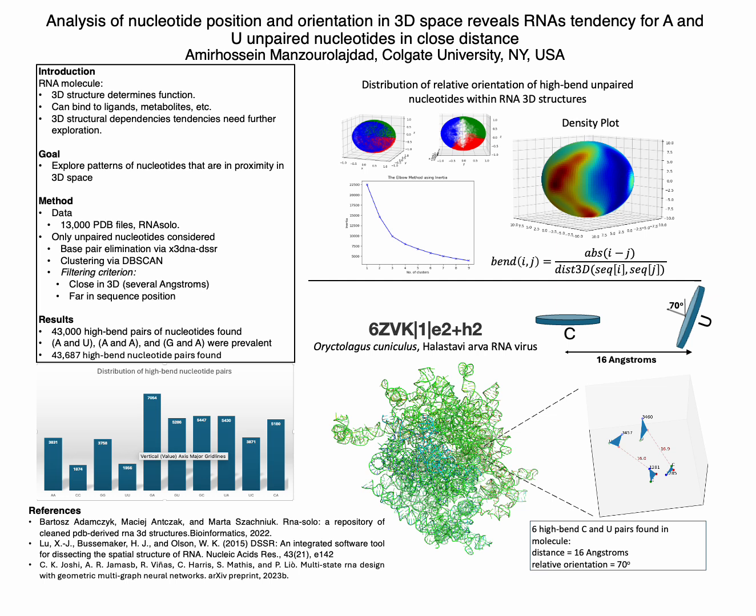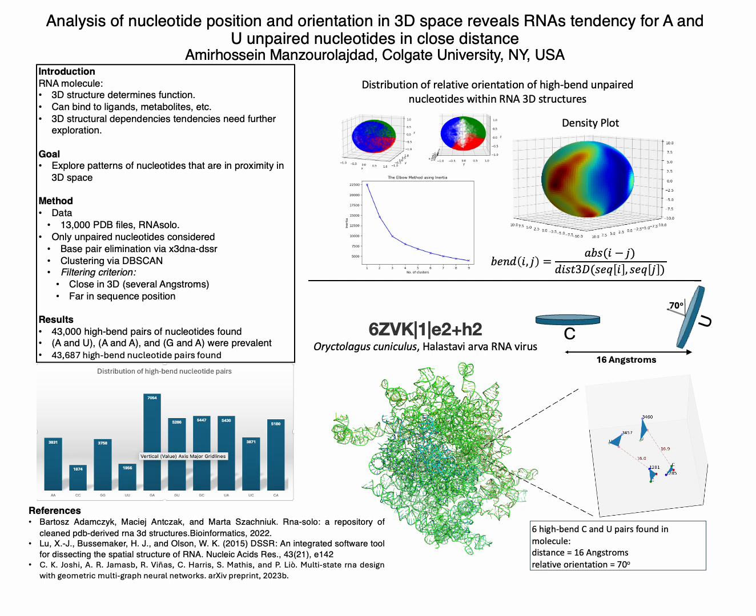So what was observed was that certain combinations of nucleotides, namely the combination of G and A, and also A and U, were overrepresented amongst the high-bent pairs, as you can see in